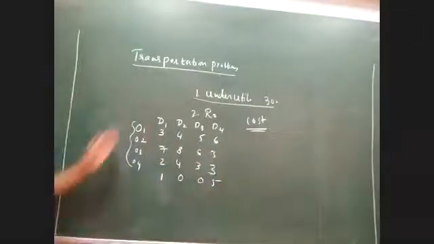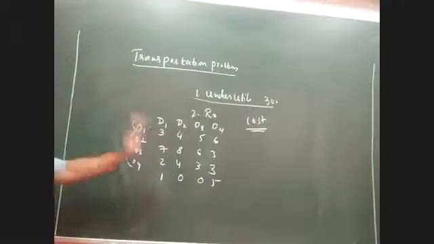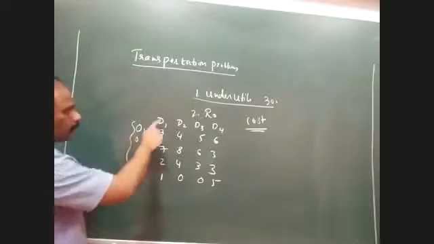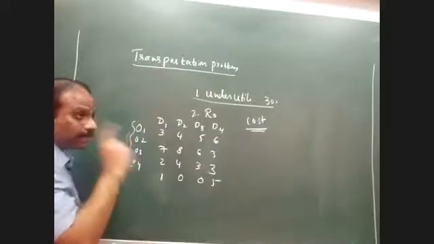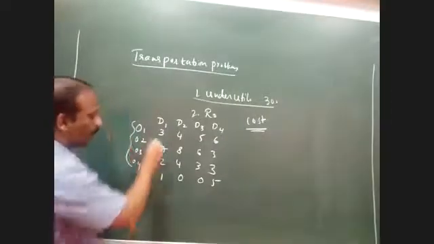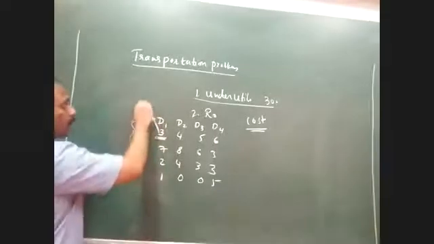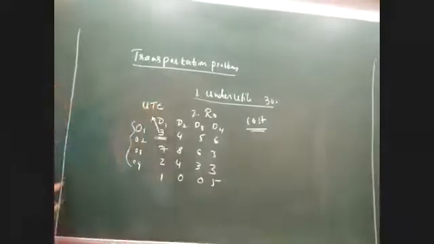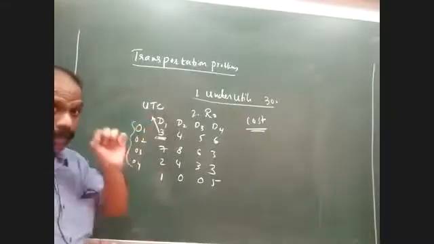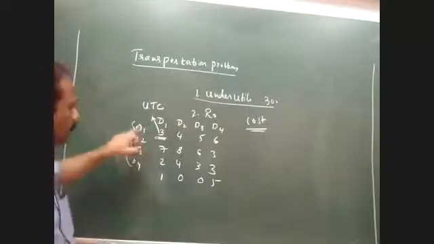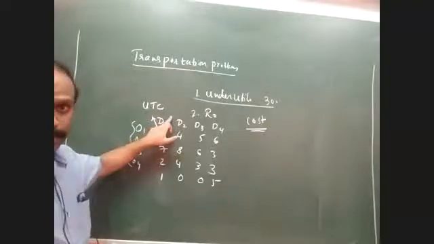Okay. Now, if you just look at this entire matrix, how exactly does this matrix have to be read? It's very simple. Suppose I'm transporting a consignment from origin 1 to destination 1, for every single unit of material which I'm transporting, I incur a cost of 3 rupees. And this 3 rupees is called UTC. UTC stands for unit transportation cost. So what do you mean by unit transportation cost? The cost incurred by a company for transporting a single unit of a product from one origin to one destination.